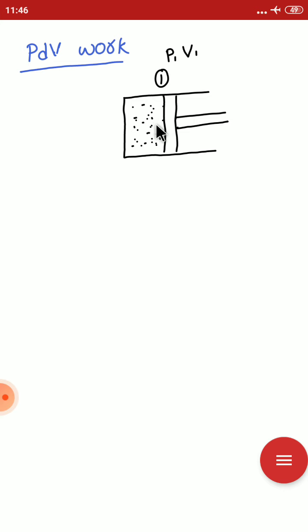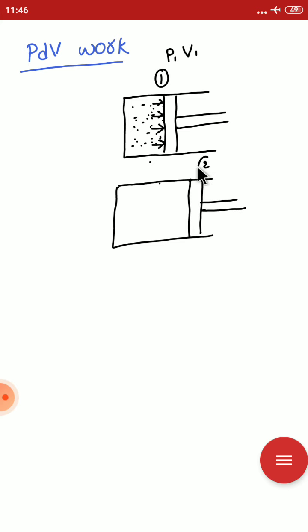gas pressure. Because of the pressure inside the gas, a force acts on the piston. Only the boundary moves due to the pressure. Now, due to the pressure, the piston may change to position